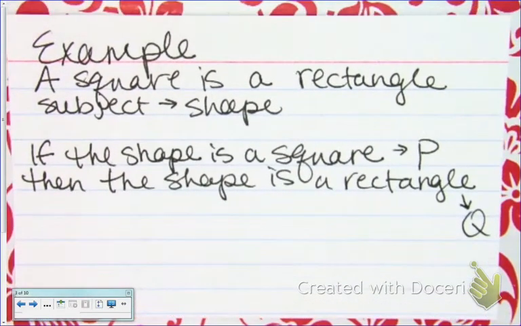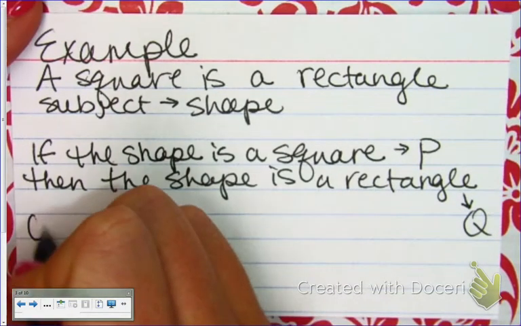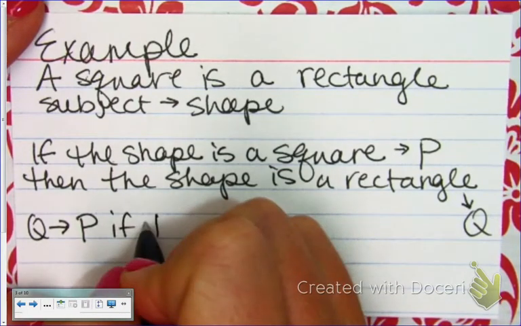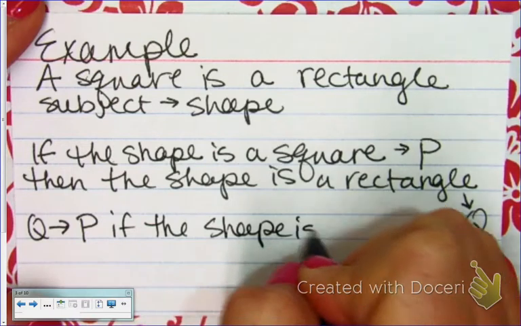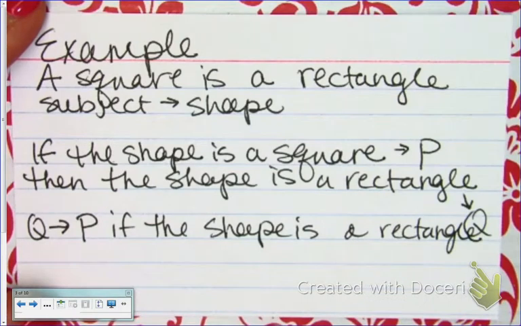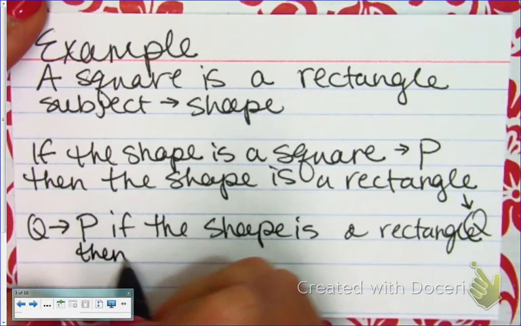So what we're going to do with this example, so that you have something to take with you, is we're going to take this conditional and we're going to go through each form. So we're going to go through converse, inverse, and contrapositive. Now if you look back at our converse says if P, then Q. So how would the converse look with this? If the shape is a rectangle, then the shape is a square. Perfect. So we're going to switch it and say if the shape is a rectangle, then the shape